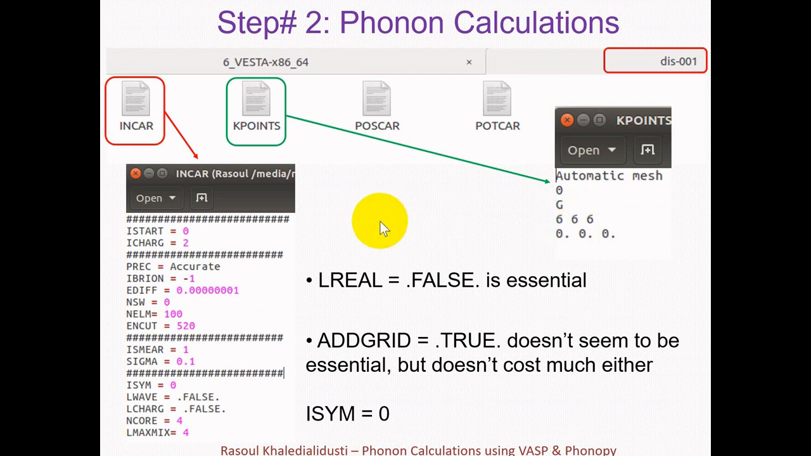In the INCAR file, we need to set the parameters for self-consistent calculations. The important tags for the self-consistent calculation, as you know, are IBRION equal to -1 and NSW equal to 0. I wouldn't like to explain the concept of these tags since I have explained them already a couple of times in the previous videos on this channel, and you can watch them if you need to know the physical meaning of these tags. Apart from the required tags for the self-consistent calculations, we need to pay attention to 3 tags